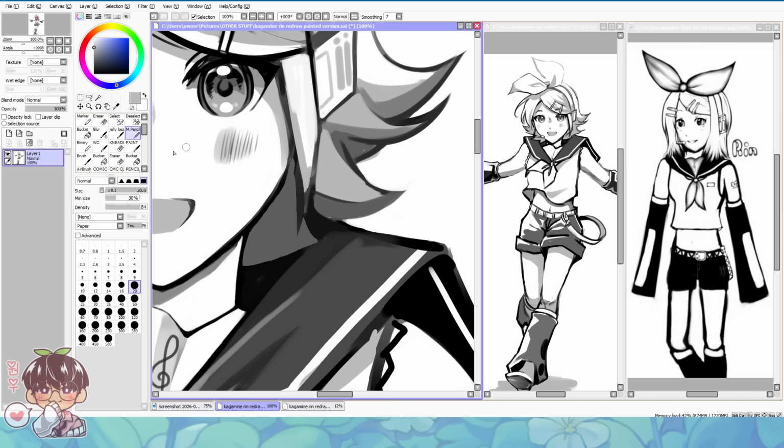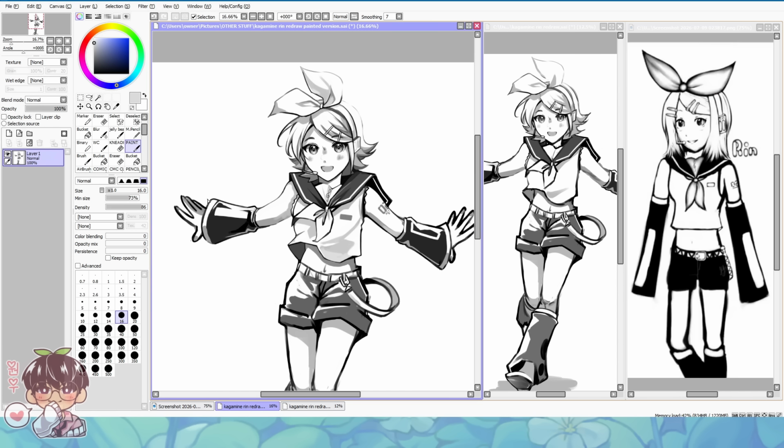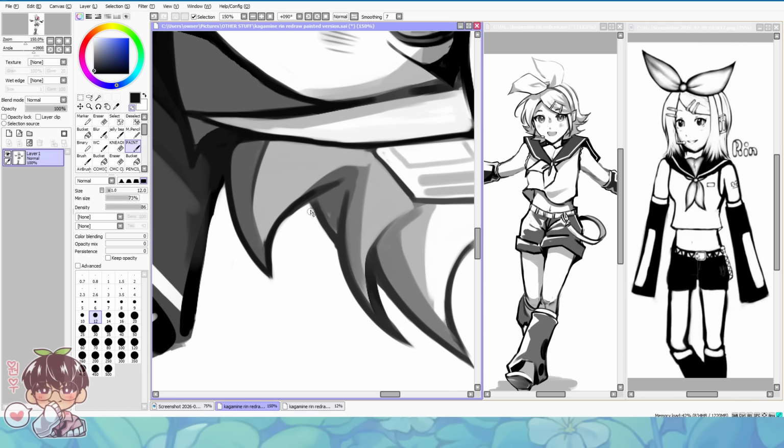I didn't use version 2. I didn't realize there was a version 2 for a long time. And I feel like it was in beta for quite a while, I think. But I also did pixel art. I did my frame by frame animations all in Paint Tool Sai until probably